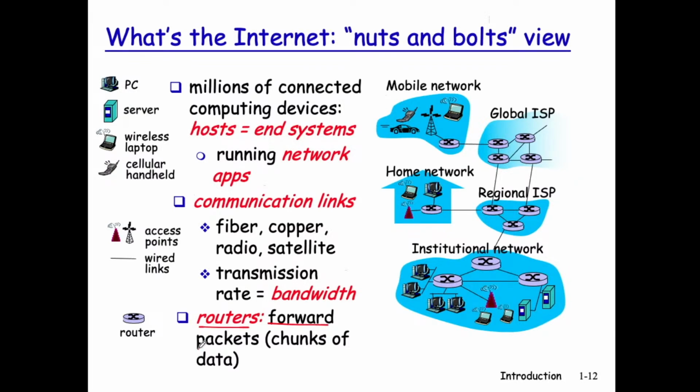And by the way, I'm saying the routers forward packets because on the internet, the data are usually divided into chunks, okay? And these chunks are referred to as packets. So later on, you'll see me saying data packets or data messages. Okay, I actually meant things that are similar, right? So routers, well, there's just one thing, routers. Of course, these routers are manufactured by different companies, so there are different brand names like Cisco, like D-Link, yeah, lots of them. Juniper, there's another one, a major one in the States.